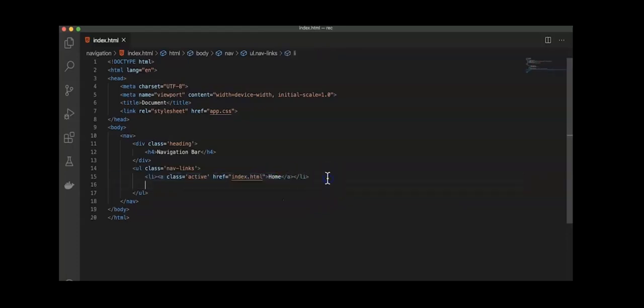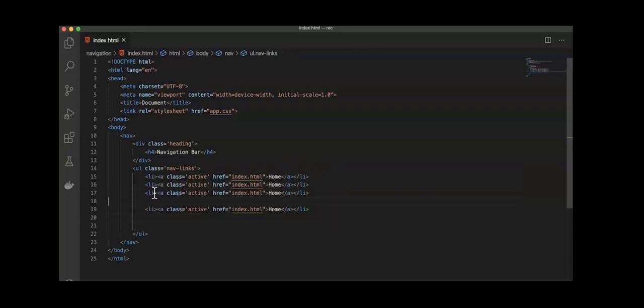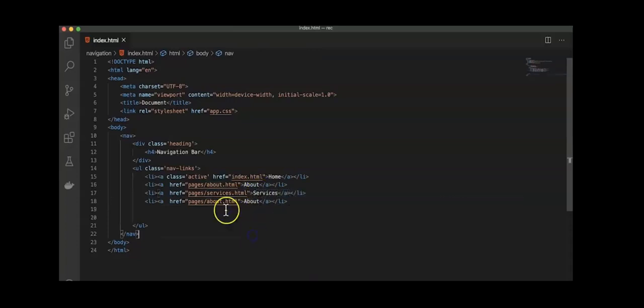I'll copy this line and paste it for the other 3 URLs. Here the active won't be there. Instead we say href equal to the location called pages. Under this pages we say about.html, and here we say about. Okay, copy this, paste it, and apart from about we say services.html, and here we say services. Inside this we offer contact. Okay, and once the nav tag is over,